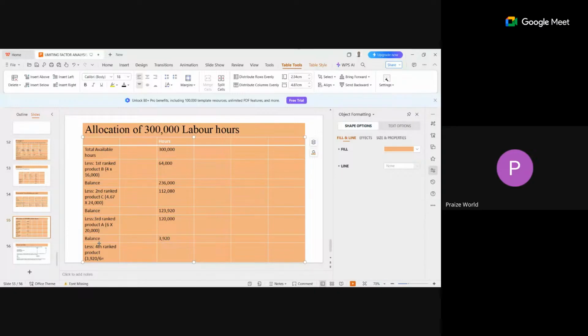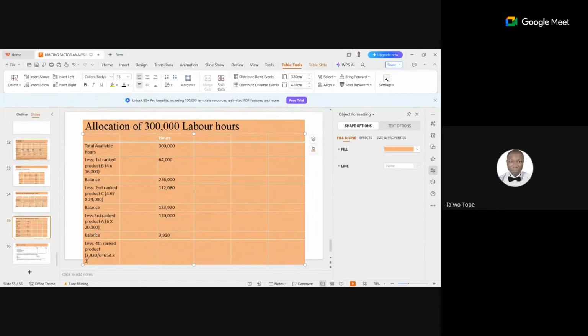653.33. Okay, I'm trying to see a way that the approximation will be perfect. Let me see. That is 3,920 divided by 6, which is 653.33. So now we can produce 653.33